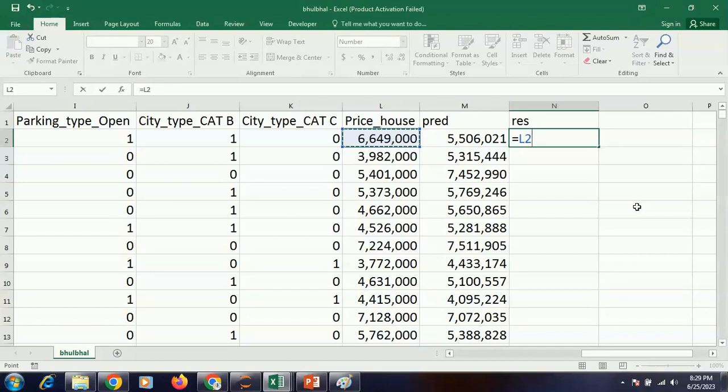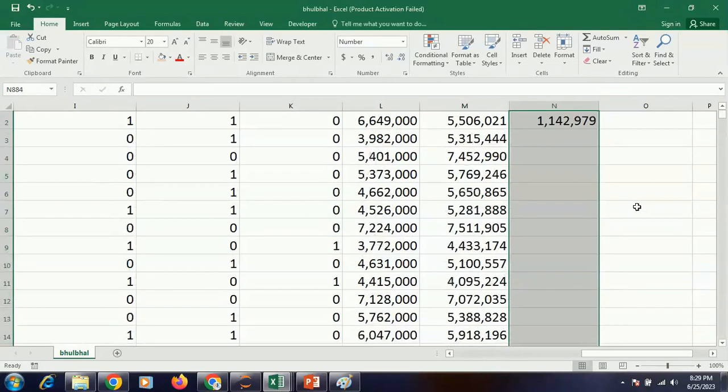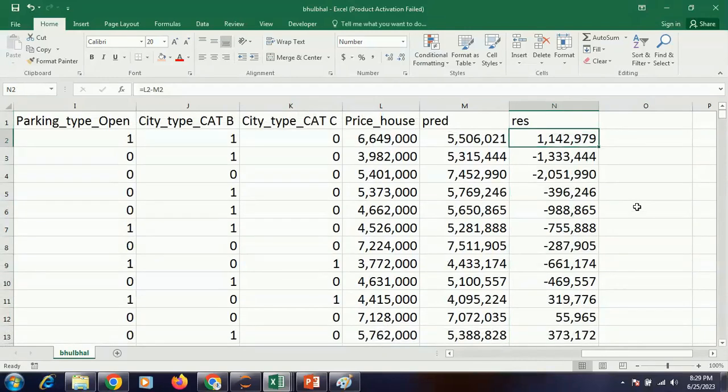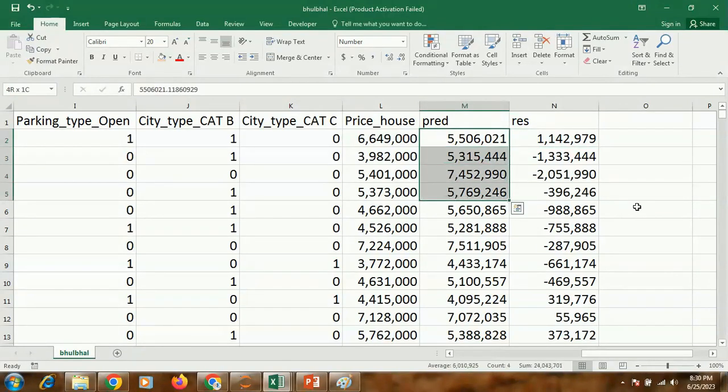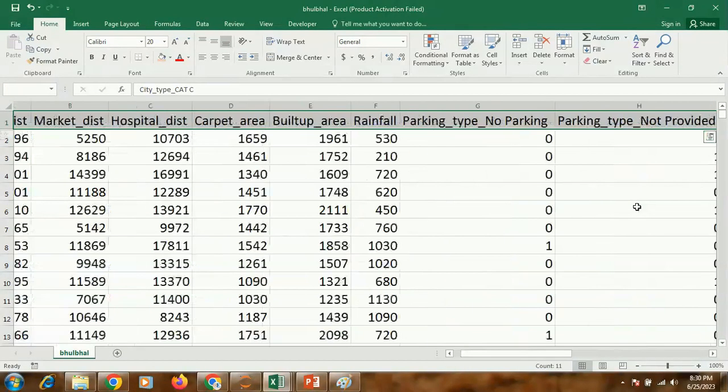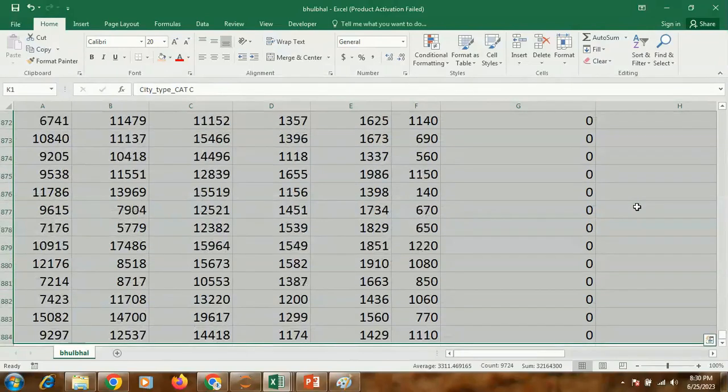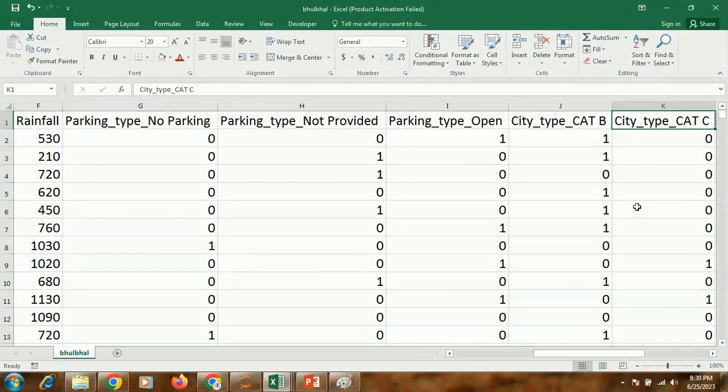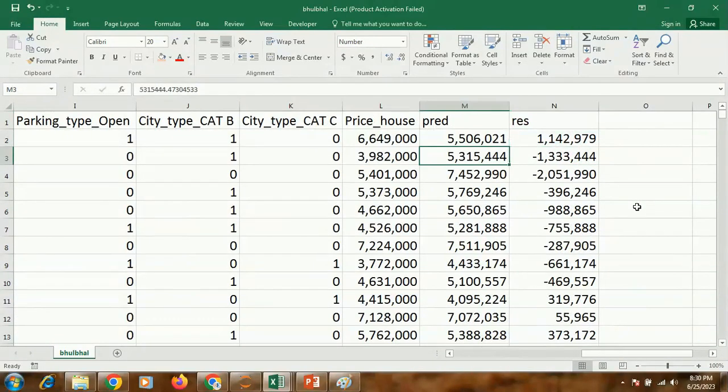Not always. When I have predicted it, I have considered all this data, right? After considering, correct.